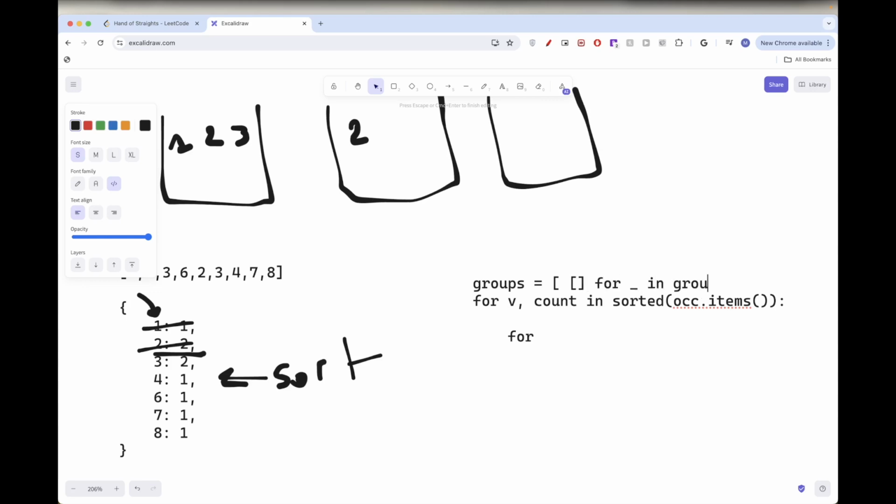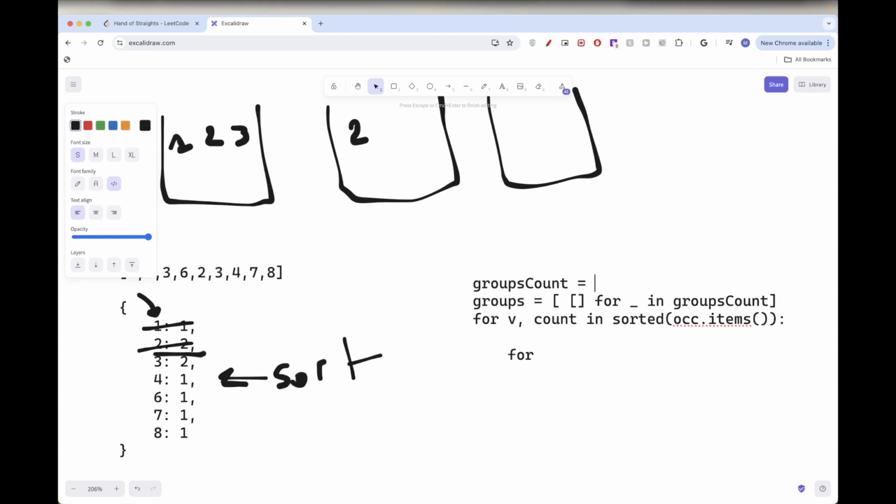And then we need the number of groups, which we said we calculate. So groups count. It's easy to calculate by just doing the length of the hand divided by the group size, and then we can just take the ceiling, right? And this is how we get from 9 divided by 3. Okay, we get that we need 3 buckets, so that's what we have here. So we go through each group, right? So we can just say group in groups, and then if either the group is empty,